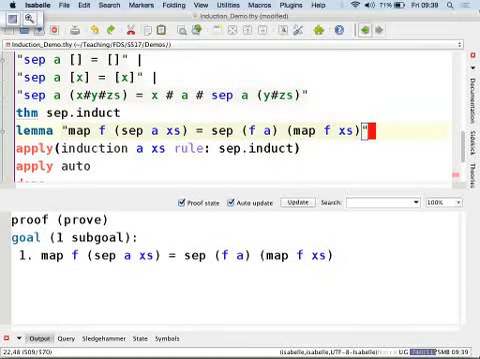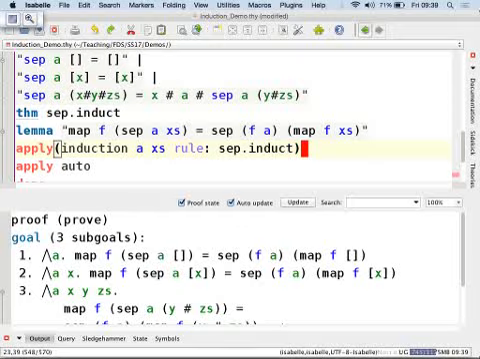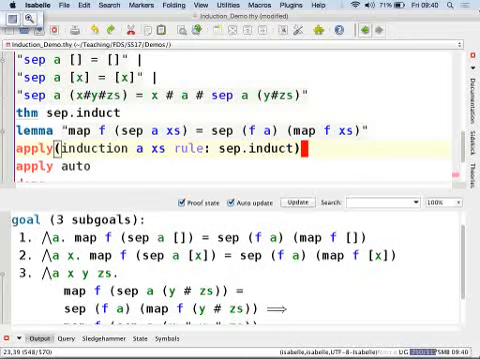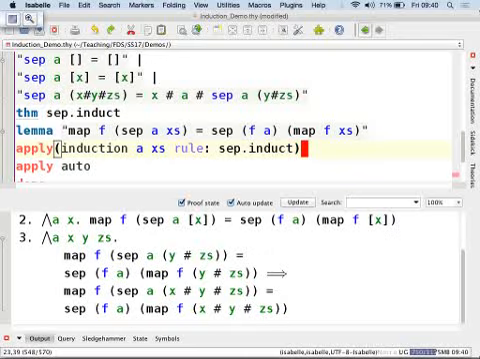And if we now go back to our original goal and we apply our induction, how many subgoals do we expect? Well, of course, 3. 2 base cases where the xs has been replaced by the empty list and the singleton list, and 1 proper induction step. And that's more or less what we see here. So here we have the number 1 is the first line, it corresponds to the first equation for sep, number 2 to the second equation for sep, and